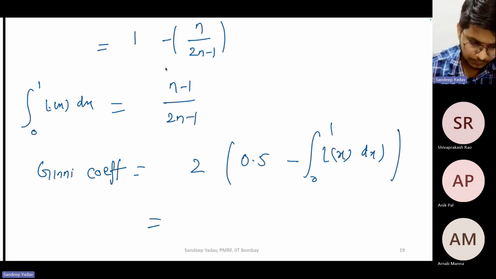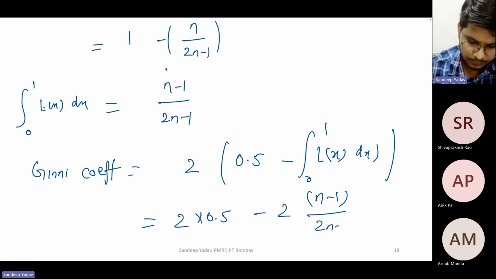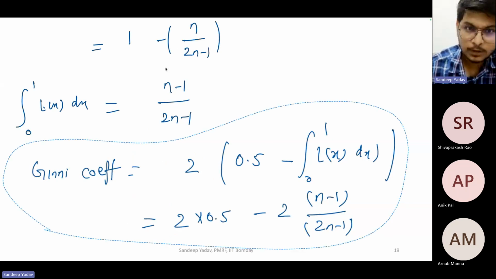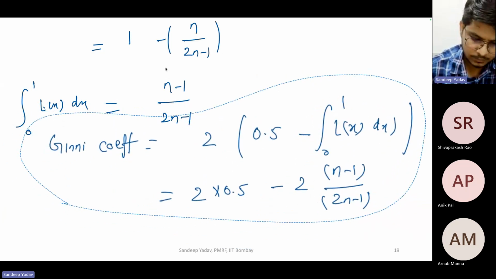If you multiply 2 into 0.5, and here 2 times this value we already know, (n minus 1) upon (2n minus 1). This thing will finally be just